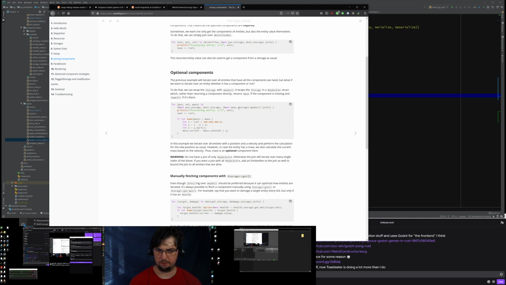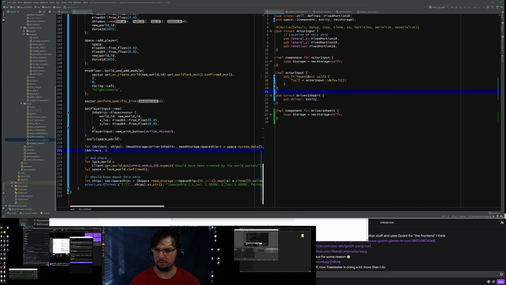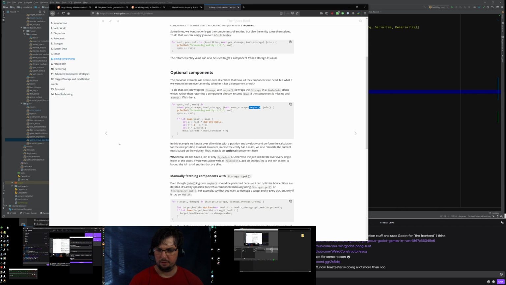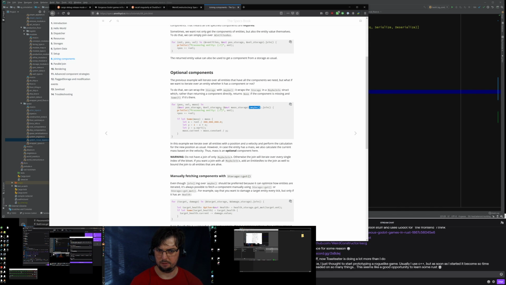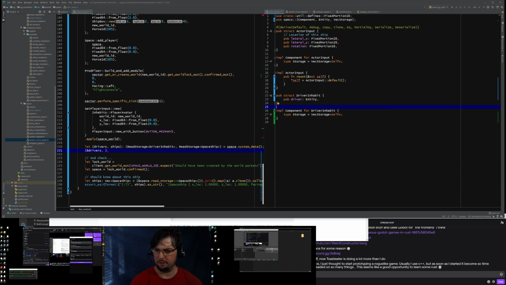Optional components. Oh yeah, so we use this dot maybe. So this is you take a reference to it and then you use dot maybe. So in this case we want